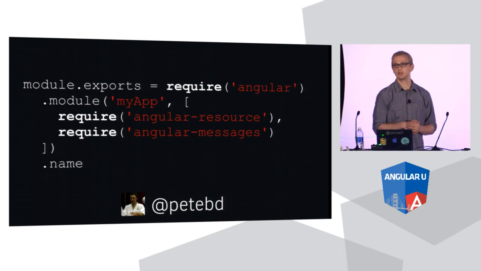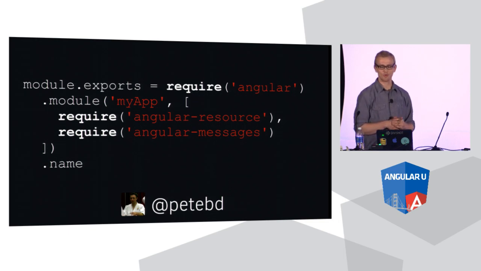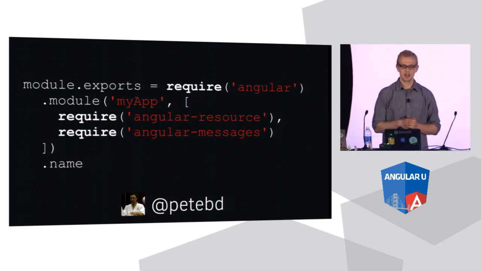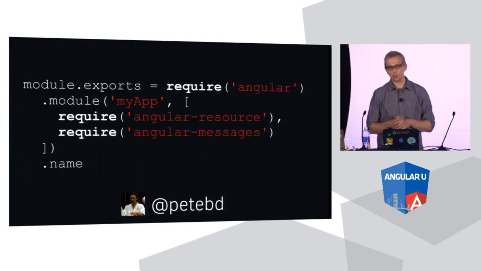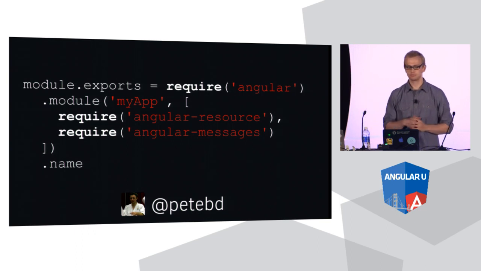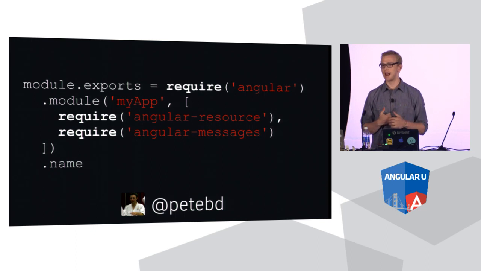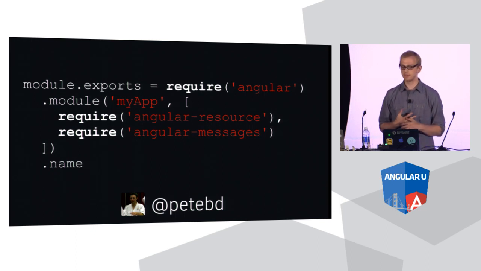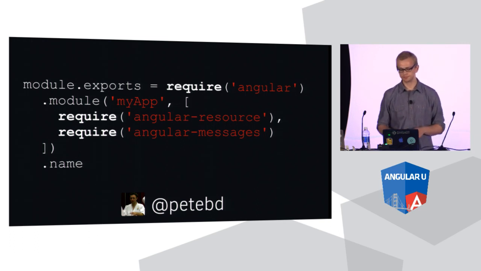And so let's look at this in Angular. Shout out to Pete Bacon Darwin, the Angular 1.x lead, who sat with me on Google Hangouts one morning to make sure that this got shipped in Angular 1.3.14, so it's quite new. So we can require Angular. That's pretty straightforward. We create a module. This is no different than you would do normally. But then where things get a little bit unusual is this array, where we're adding require statements inside of the array. And inside that array, we expect to have strings that represent module names.